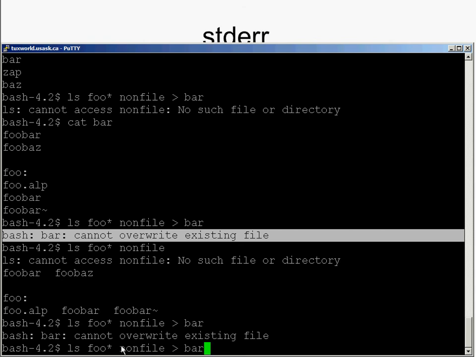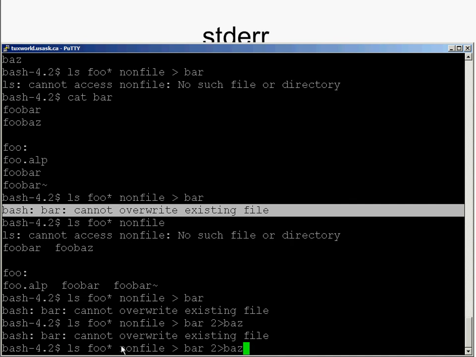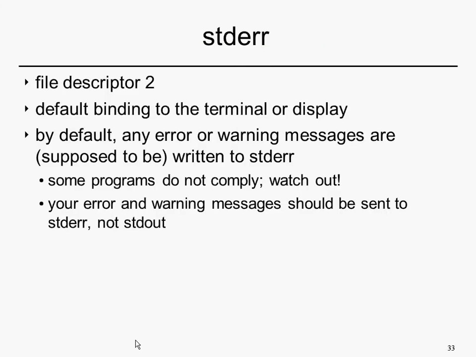Now I could tell it to put this other output into, for example, a different file. For example, I could tell it put it to Baz, and it can actually take this output out and put it to a place which is also stored away, but it's separated from it. It's separate information, a separate stream. Okay,